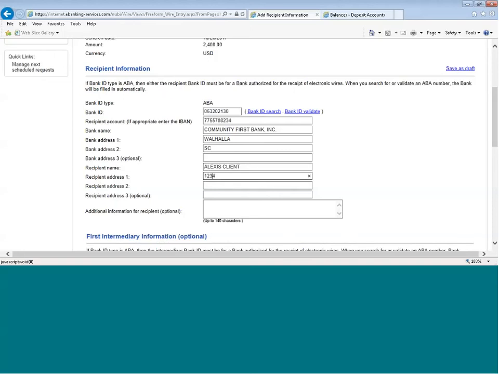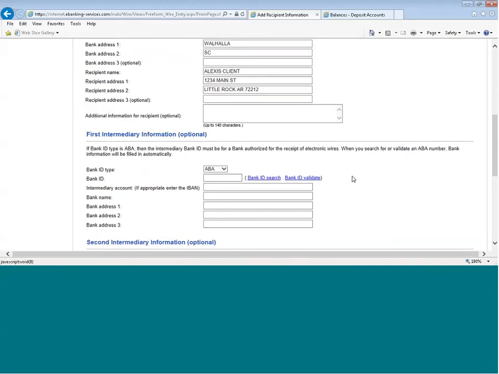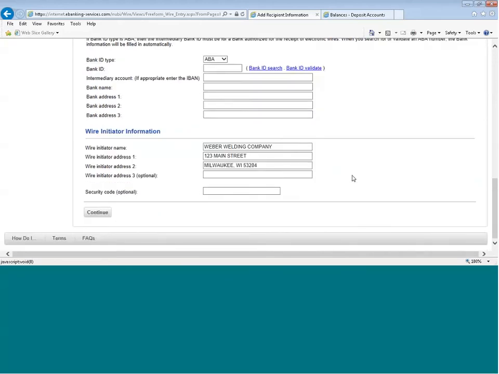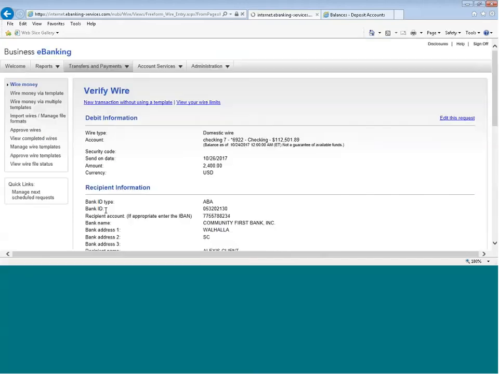Address line 1 and address line 2 can be used for the city, state, and zip code. The recipient address line 3 and additional information box are both optional. There's no need for intermediary information, so I'll go down and validate the wire initiator information, which is my company information. I'll select continue,